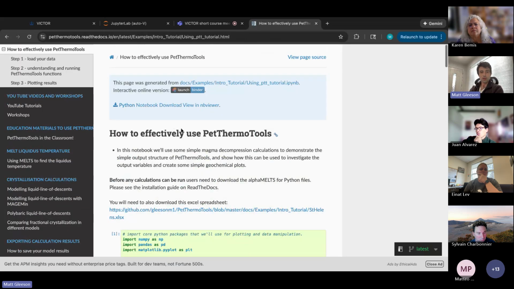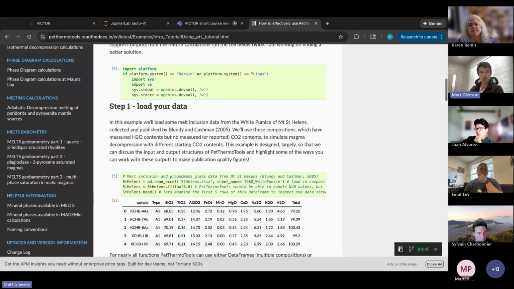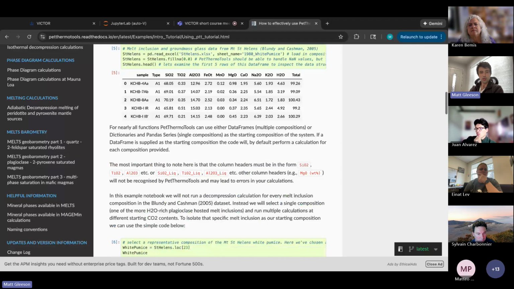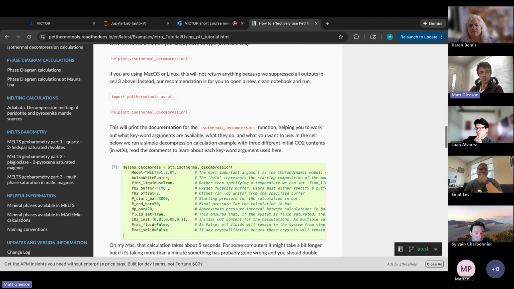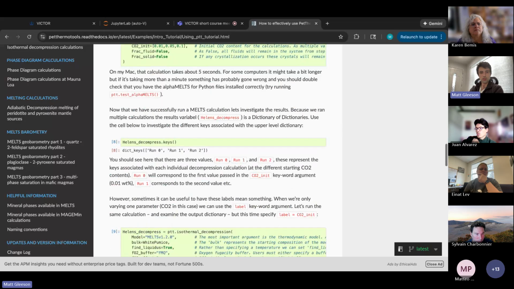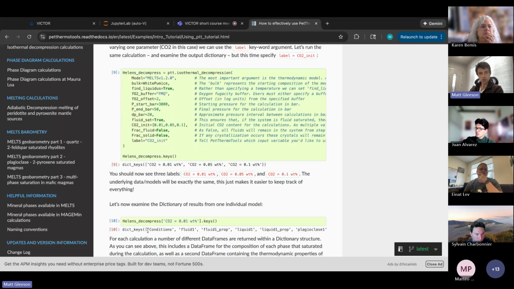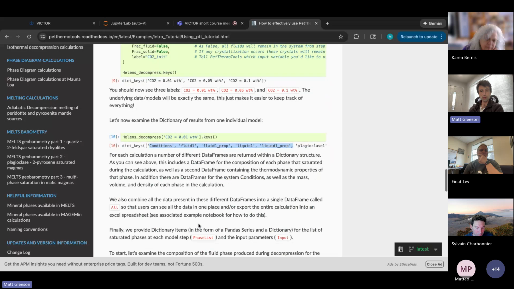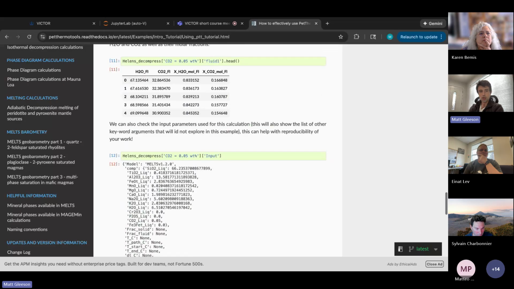One of the nice things about this is, once again, it goes through, in this case, a simple decompression calculation, and talks through the different output structures. In here, this example talks through what the output looks like at different steps, what different parameters are within the outputs, and how you might go about calling different outputs to look, in this case, at the composition of your fluid phase, for example, during a decompression calculation,